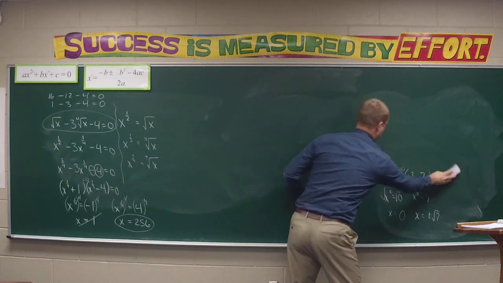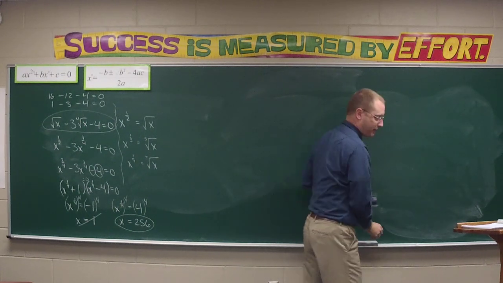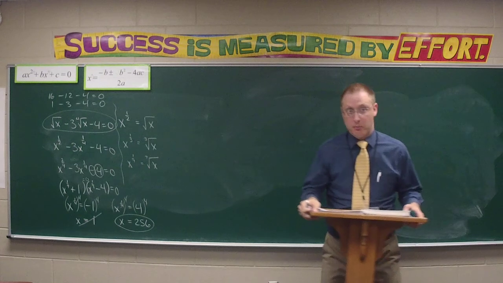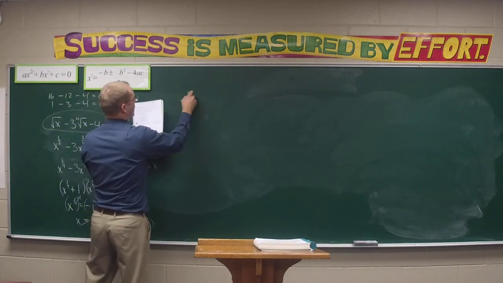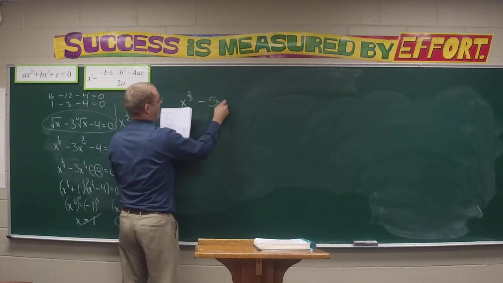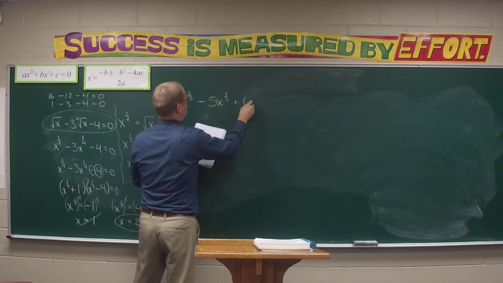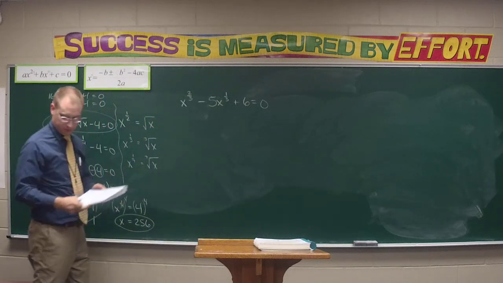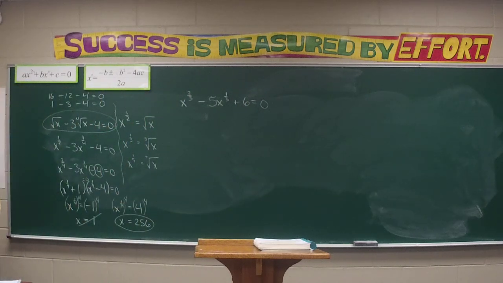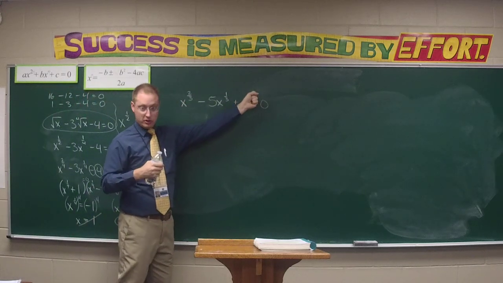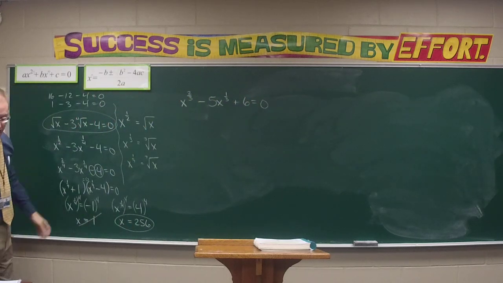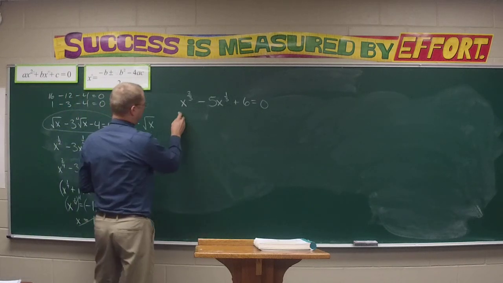Let's do a few more of these with the rational exponents and make sure we're good to go on these. Again, all kinds of different equations. You can get them into the quadratic form. We can work with them. Write this down if you would, please. X to the 2/3 minus 5x to the 1/3 plus 6 equals 0. Instead of writing cube roots, we have fractional exponents. 2/3, 1/3, no thirds. It's quadratic form,